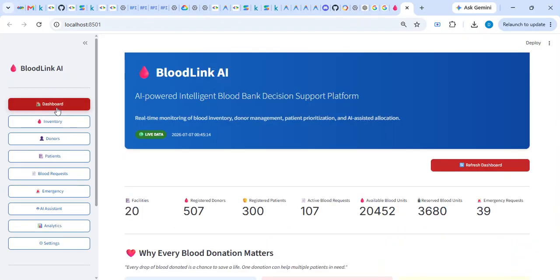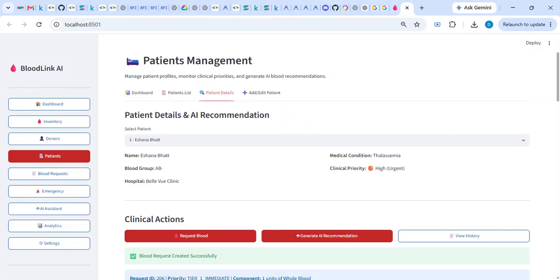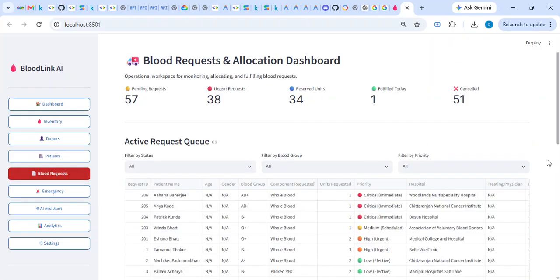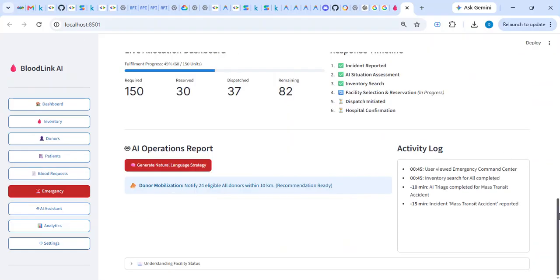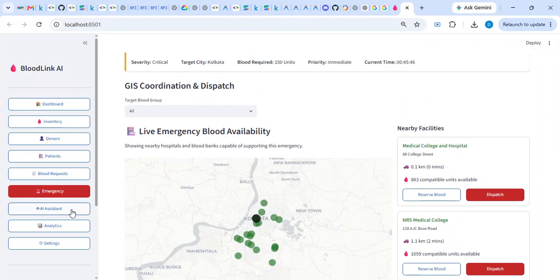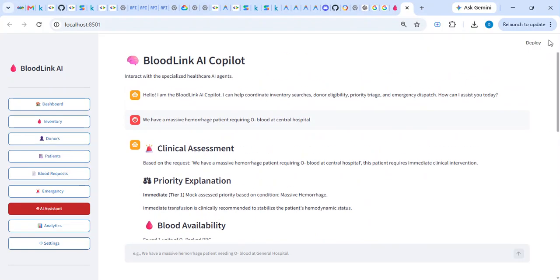So, as a whole, this is what our AI powered intelligent blood bank decision support platform offers: a clear visualization of live inventory support, the donor life cycle, the patient support, the AI recommendation for the patient, the blood request criticality assessment, management of blood requests, the emergency responder, as well as the AI assistant that we have.